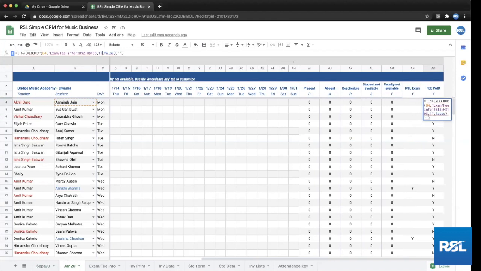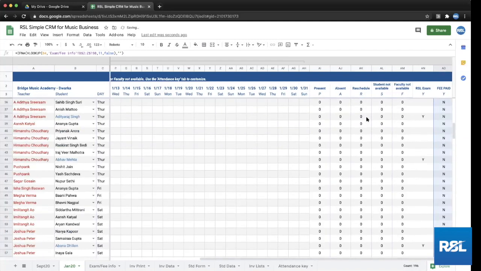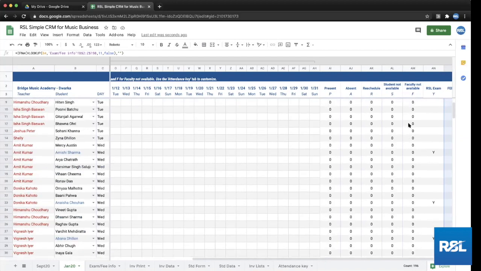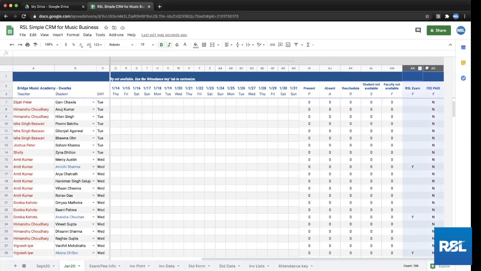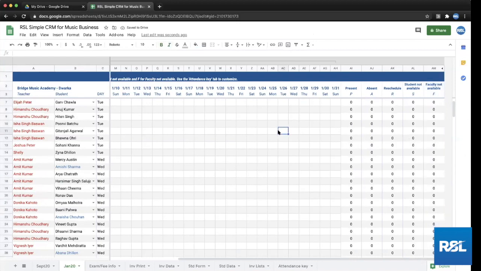Now it will basically map it to January. Sorry, I'm going to change this for you. Don't worry about that, okay? So I will do this, and you just need to click and drag this formula till the end. And you will see that all the names are going to be in red because none of these have paid the fee for the month of January. So this is one of the few formulas that you will need to tackle. And once you've done that, you should hide these rows, hide these columns, so your admin staff does not accidentally touch those formulas. It's just as simple as that.